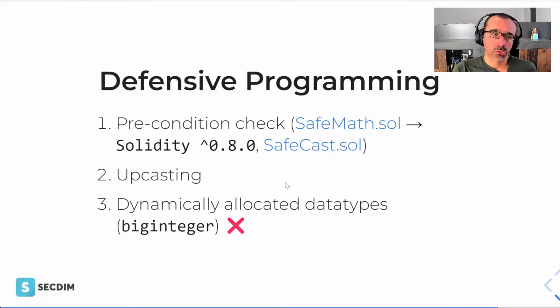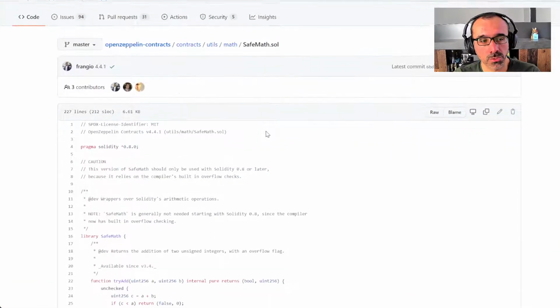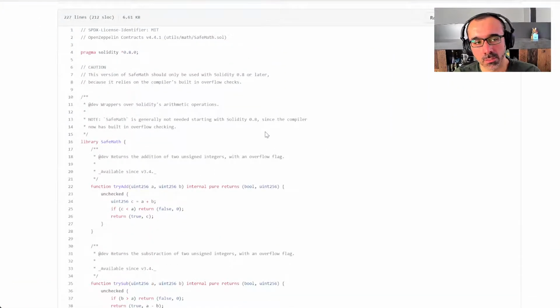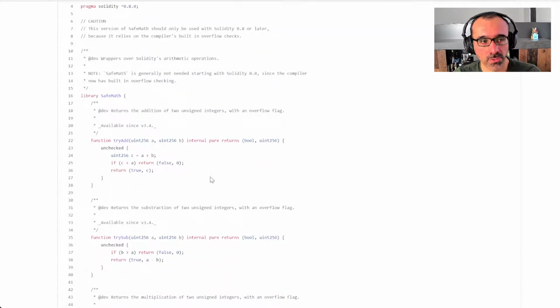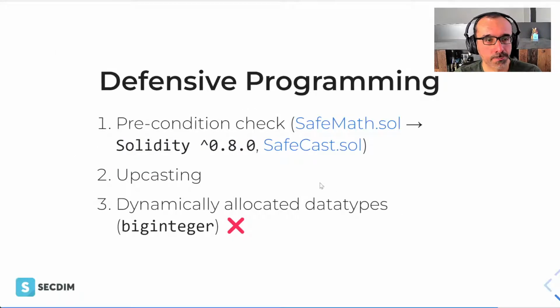But prior to Solidity version 0.8.0, we had a library called SafeMath that was widely recommended by the community to use. And this library effectively has the implementation of the precondition check, which I will go through with one example right now.